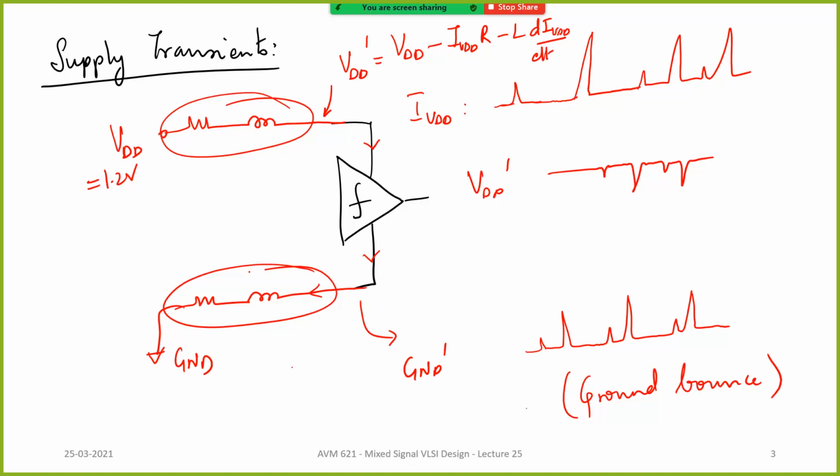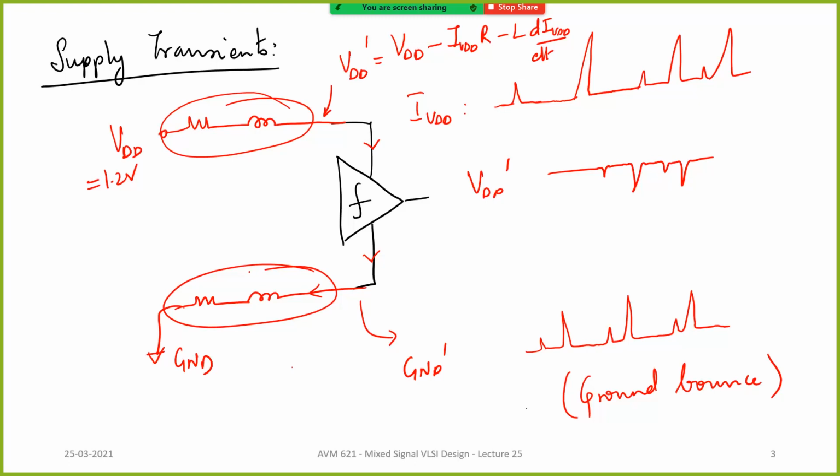But the moment you do layout, which you will be doing in this course, hopefully, you will see that all these metal bars are going to have some resistances, and small inductances, and capacitance to ground. So all these things are going to come into the picture. Which is one reason why, this is typically there in all digital circuits, and especially in a latch like this where you have regeneration, it will be even more.